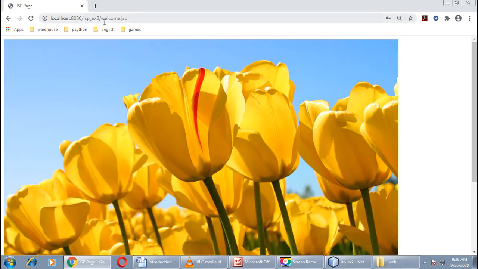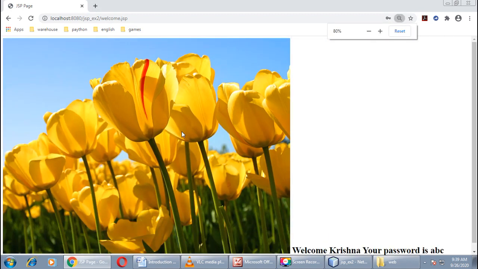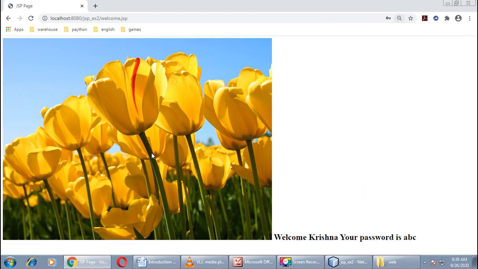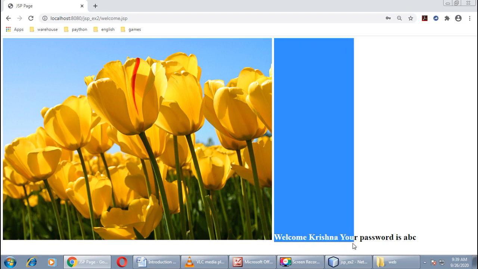Here it is. We are on welcome.jsp. In our welcome.jsp file, what we have done, we have included our header file. Okay, header file, and exactly below that we have taken welcome, name of user, and then user password is ABC.